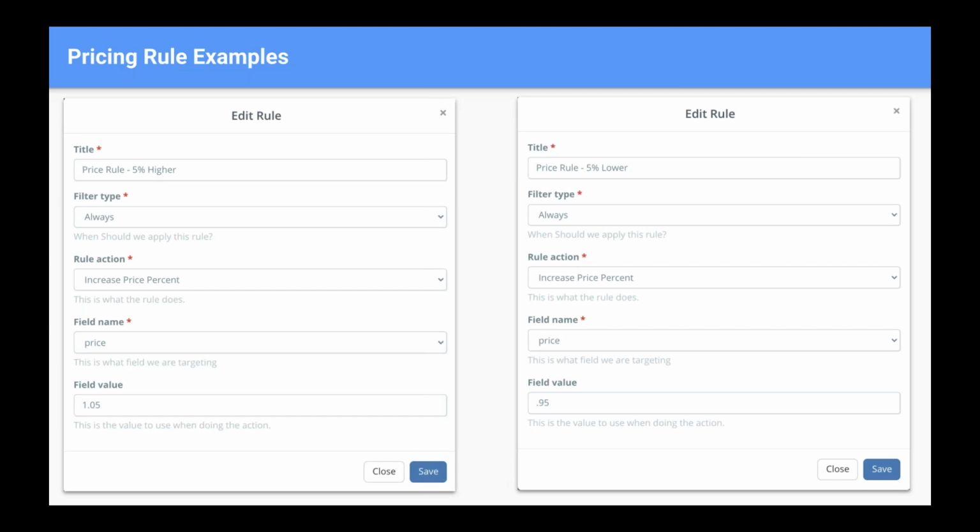This one is a little bit more tricky than if you're doing it by a dollar or a fixed price. But just remember, it always is based on that 1. So 1.00 is going to be no change. And then you go up or down based on if you're wanting to lower or raise that percentage. And then if you go to the next slide, we can go through